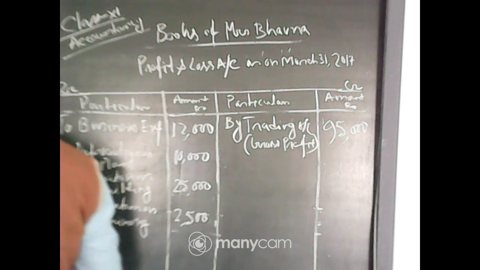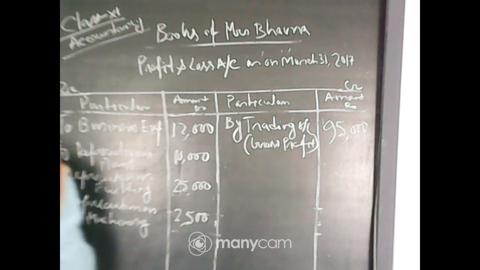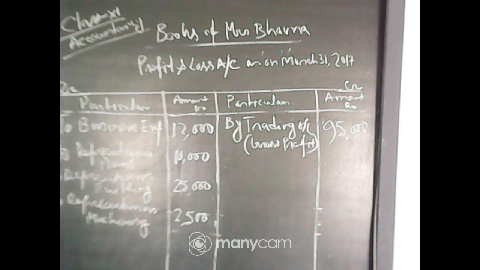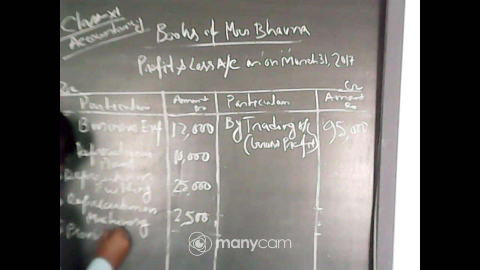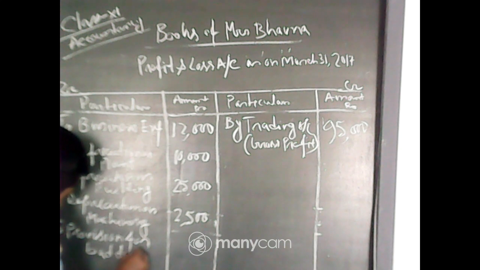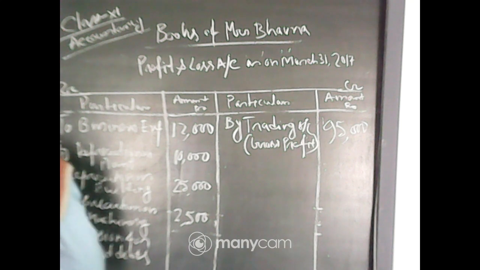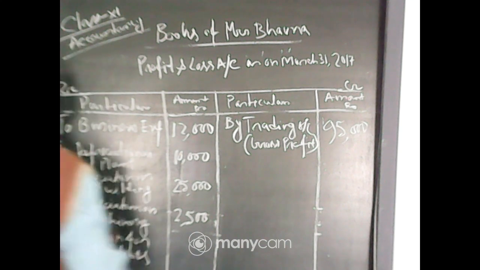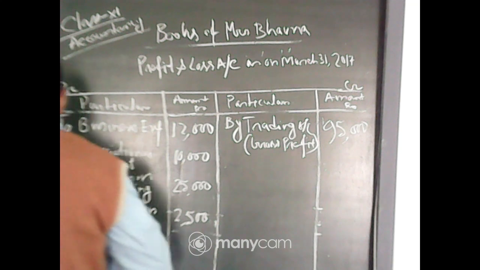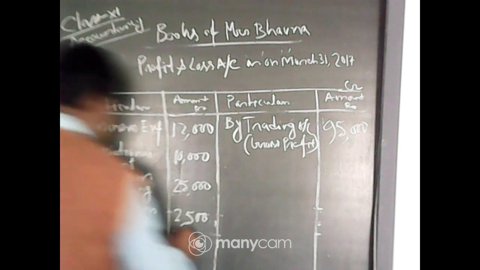Okay. Now provision for doubtful debt also 5%, make a provision for bad debt by 5%. So provision for bad debts, and you can write doubtful debts also, that is 5%, and that will come on the debtors balance. Debtor closing balance is 85,000. So 5% means 4250. Okay. So 4250 will be the amount